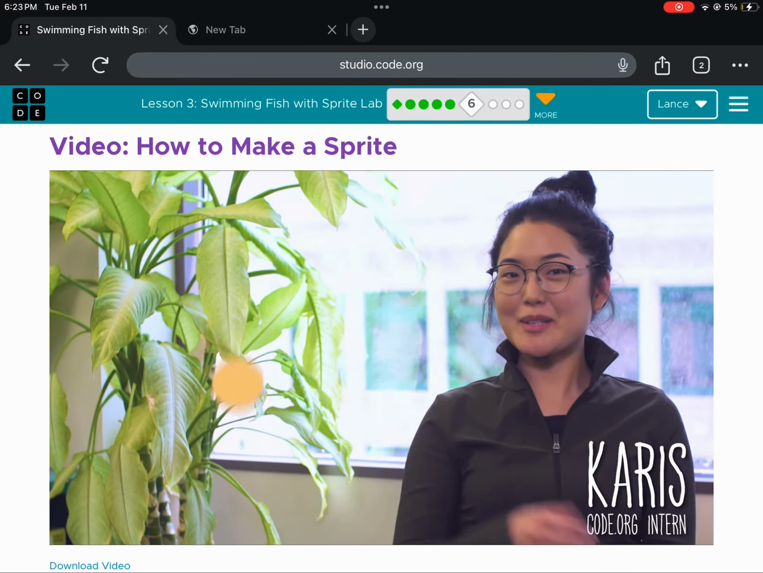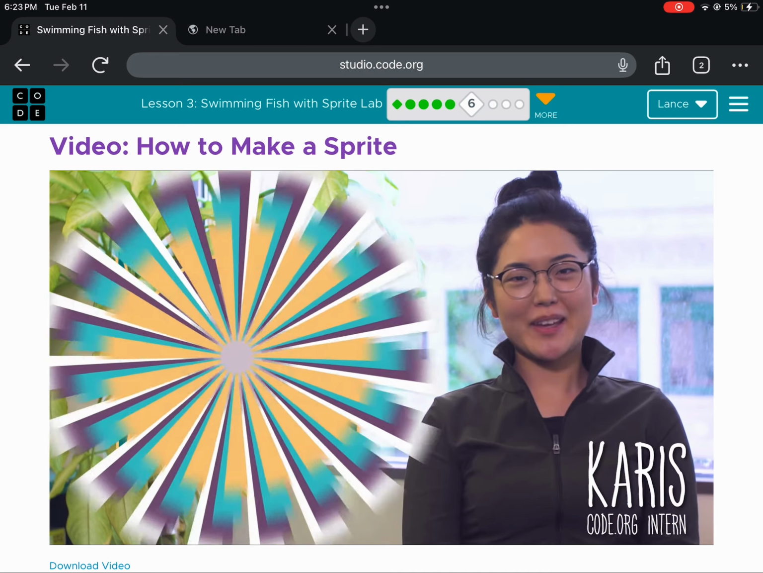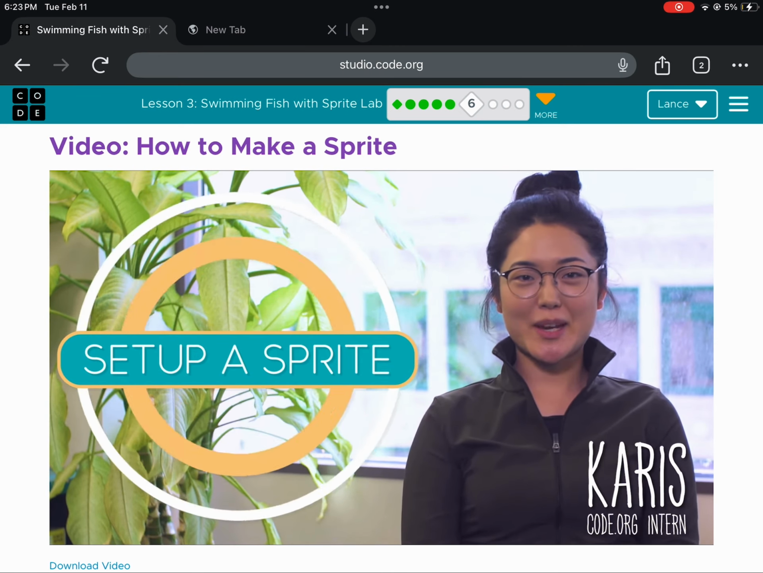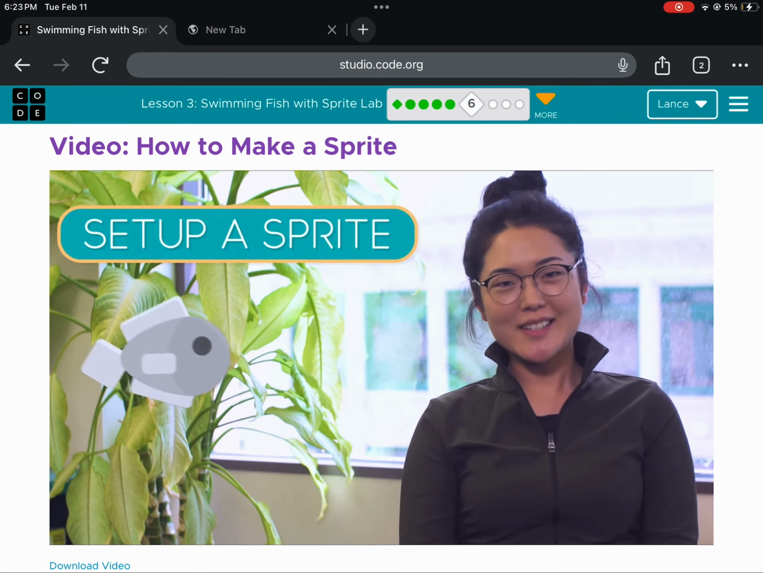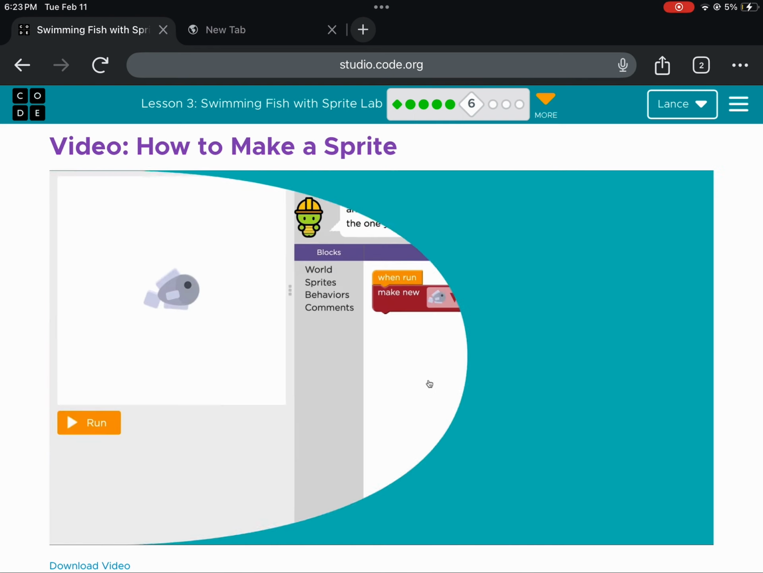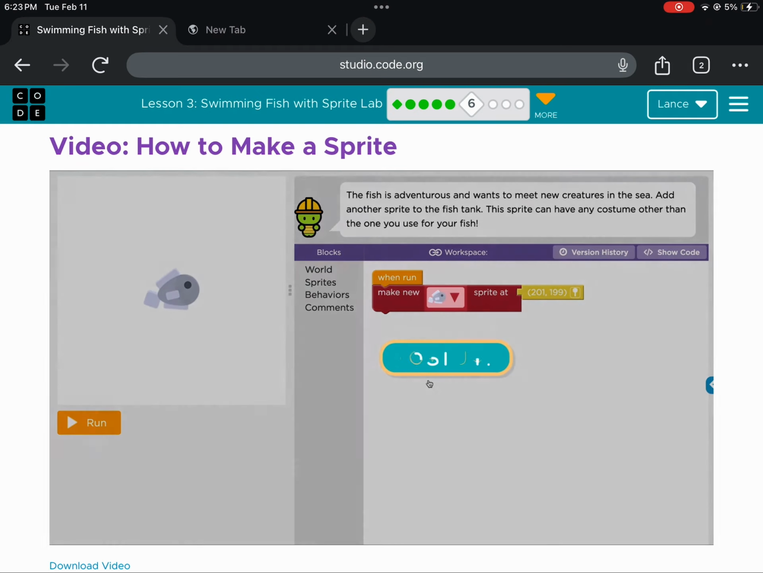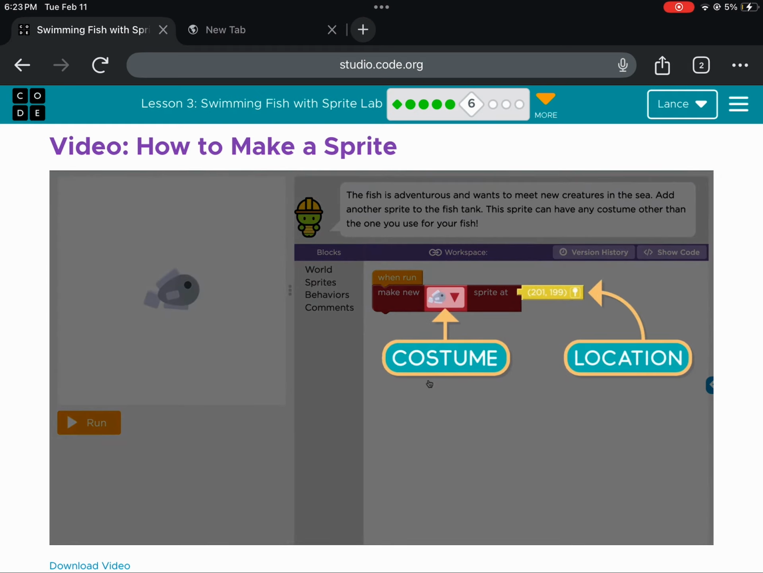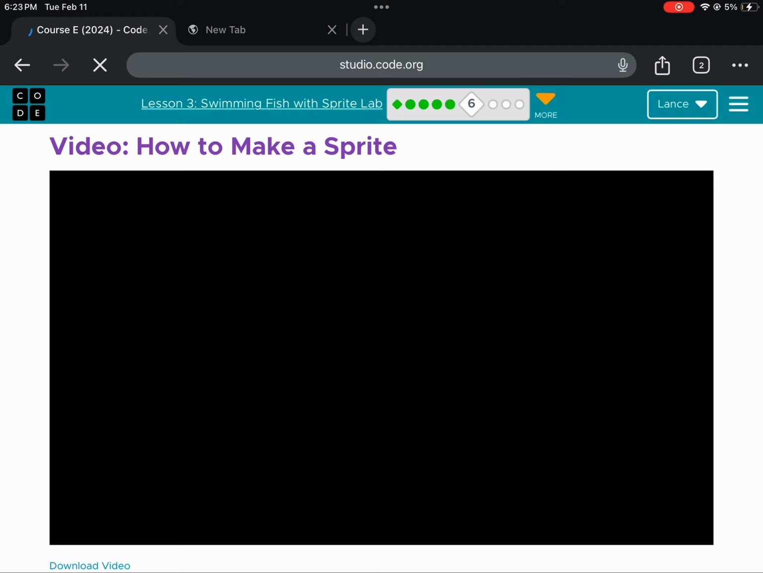It's time to dig into some fun features of Sprite Lab. The first thing to do is to set up a sprite. To add a sprite, you can use the Make a New Sprite block. This block lets you give your sprite a costume and a location. If you want to change the